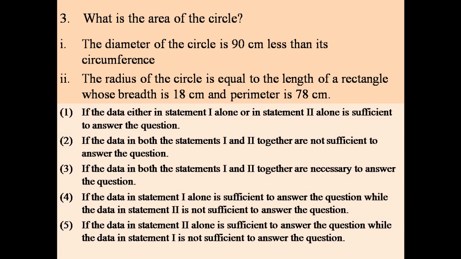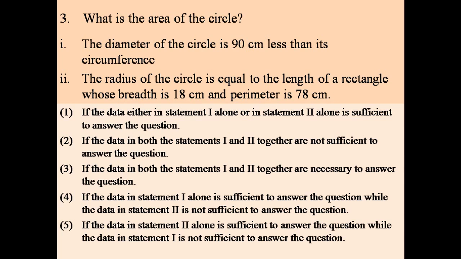Simply a circle is there. What is the area? How can we decide the area of a circle unless some more measures are given? So naturally the information is incomplete. Intentionally it is given incomplete. Then we have to read that question along with statement 1. Now let me take the first statement.